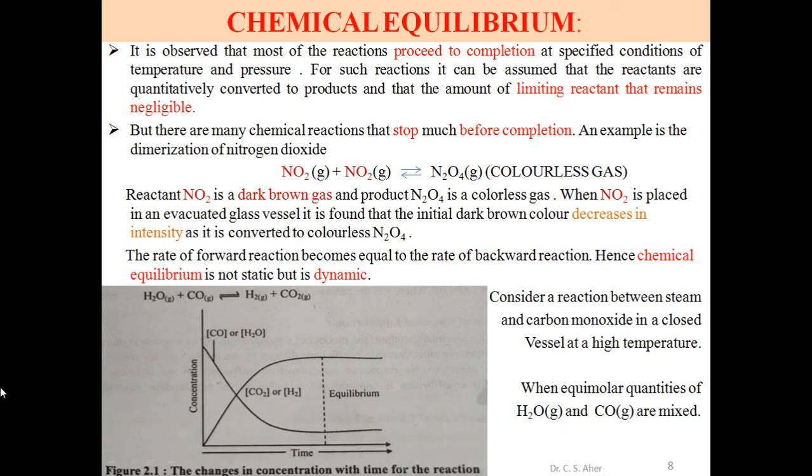Again we start the actual topic, that is chemical equilibrium. In a chemical equilibrium reaction, the concentration of reactants and the concentration of products are fixed. Concentrations are fixed, unchanged, though the reaction is dynamic. After equilibrium, the product concentration and reactant concentration become unchanged. Whatever is the change in product, similar changes happen in reactant, and thus both proportions are constant, both concentrations are constant at the equilibrium condition. So this is the equilibrium condition. This is a graphical representation to explain chemical equilibrium.